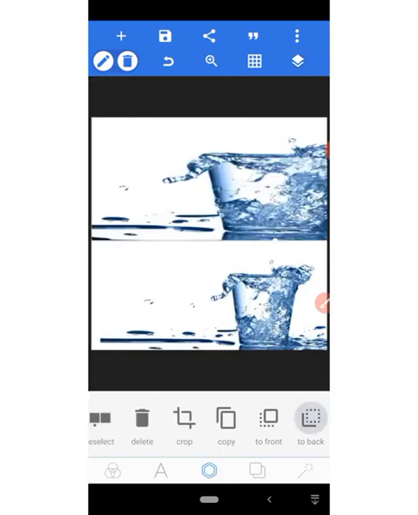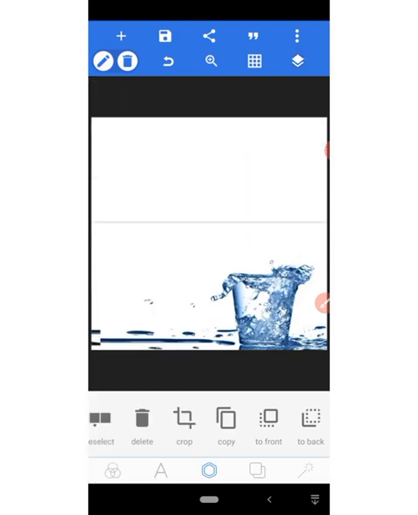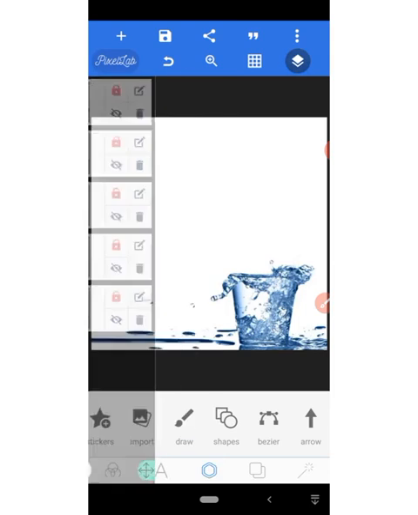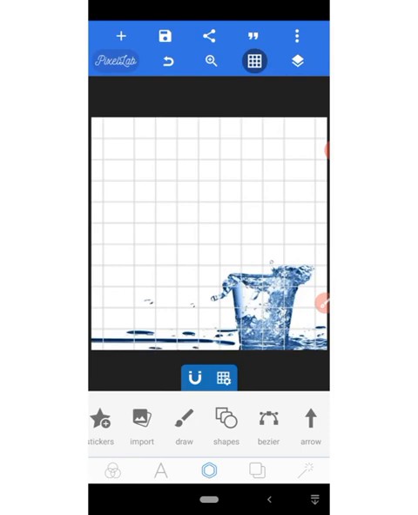So send it to the back, lock the layer before it. Okay, so we lock all layers now. All right, so the next thing we're going to do is inserting